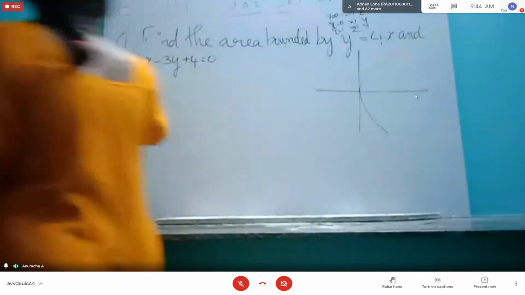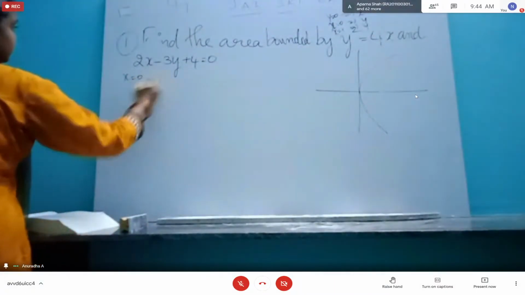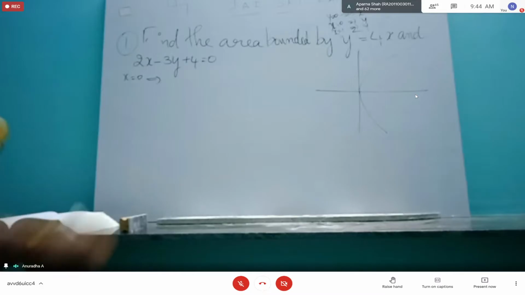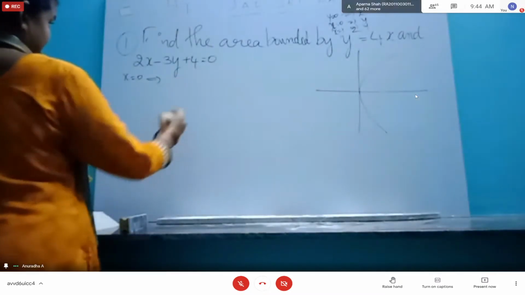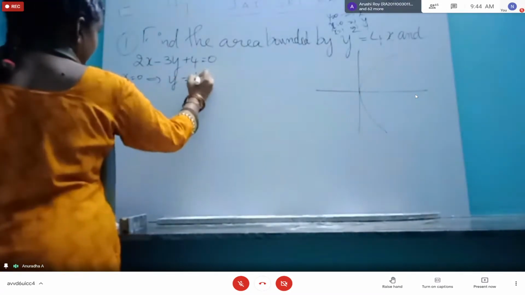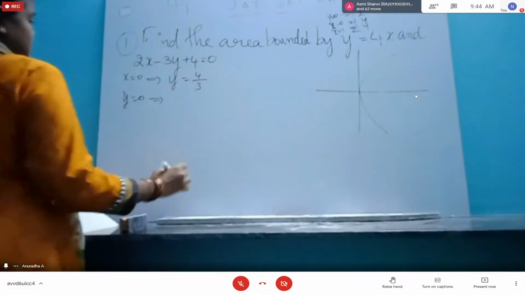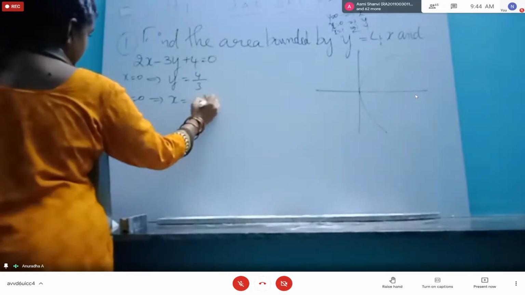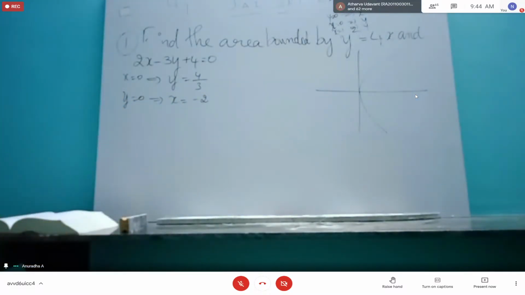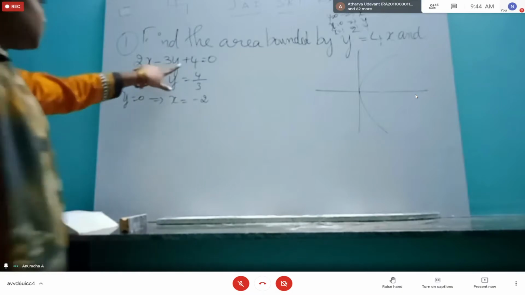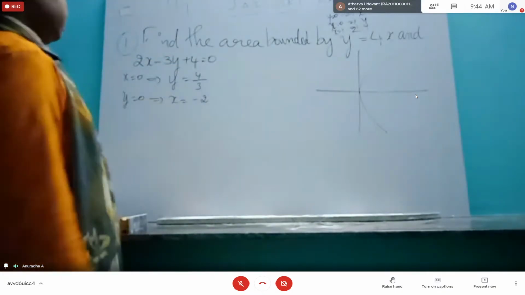So when x equals 0, what is the value of y? Not for the parabola, for the line only I am asking. y is 4 by 3. When y equals 0, what is x? Minus 2. And when the line and parabola intersect, it will intersect at x equal to...